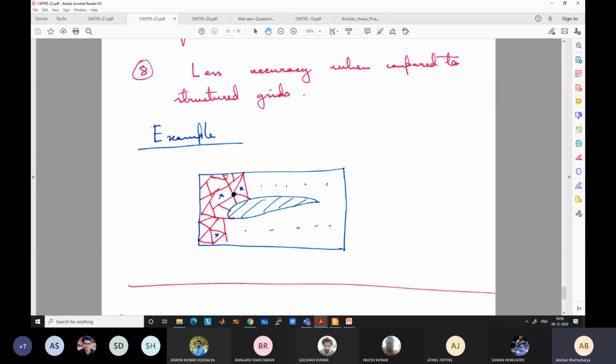So in those cases, you have to use some unstructured grid. But when you develop this unstructured grid, many times the grid quality will be poor. So you have to again refine the mesh to see whether you are getting correct convergence or not. So the chances of convergence are reduced if you use an unstructured mesh. You have to see what is causing the problem, then change the mesh. Again, if convergence is not occurring, you change the mesh again, and go on like this unless you get proper convergence. So mesh plays a very important role in convergence. Unless you have a quality mesh, convergence will not happen.